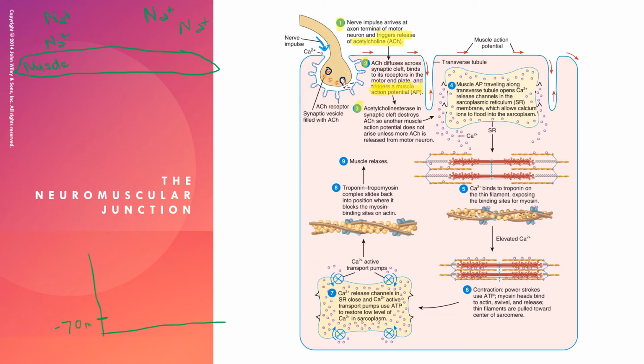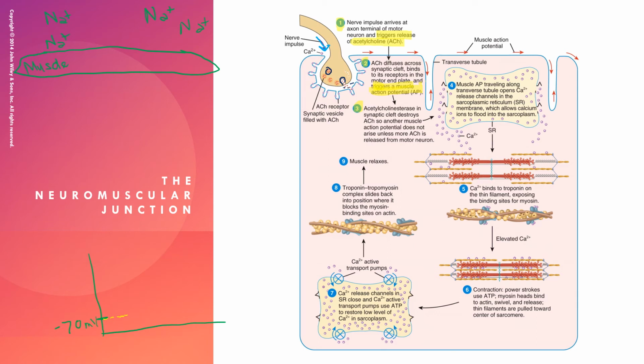Most cells have a resting voltage of about negative 70 millivolts. That's just their resting membrane potential, and that has to do with the amount of ions on either side of the channel. So we're going to have a lot more positive outside the cell than inside the cell, and that causes the cell to be a lot more negatively charged because a lot of the positive ions are going to be outside the cell. So because we have that negative 70 membrane potential, that's resting membrane potential, when we have